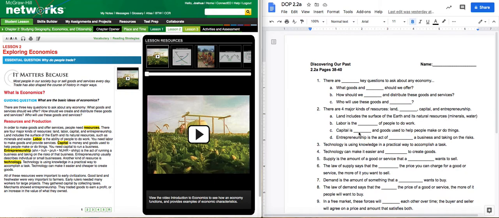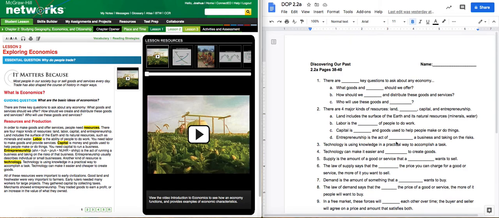But capital sometimes is the biggest thing that holds people back from building or making their business bigger because they don't have enough money to take the next step and buy certain things. So we got to figure out how to do that. Lots of times banks will provide capital for them. Continuing on, entrepreneurship is the act of running a business and taking on the risks of that business. Okay, so you got your fill in the blank, it's running a business. Continuing on, entrepreneurship usually describes individuals or small businesses. Another kind of resource is technology.